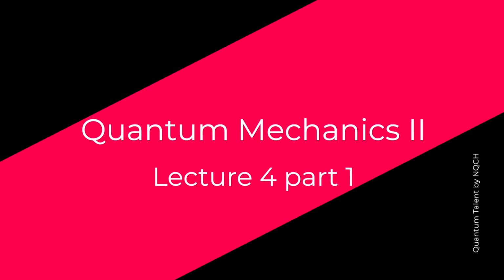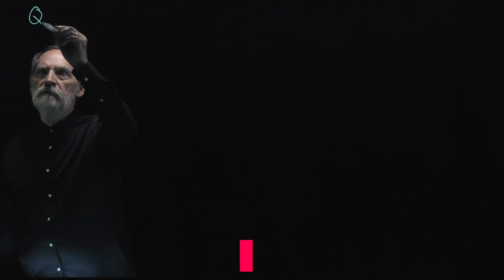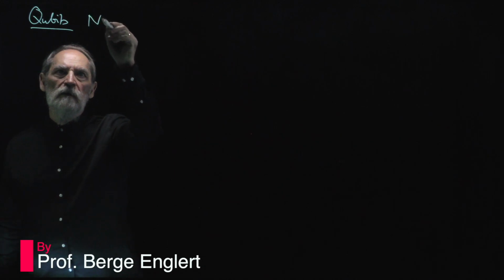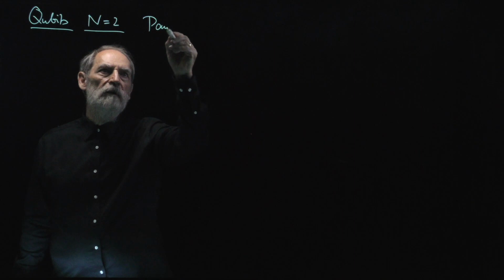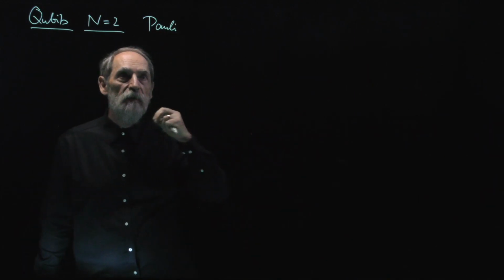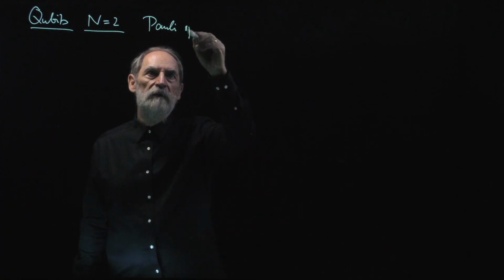Welcome back. After learning about general state operators in the previous lecture, we now explore the state space of qubits. So let's talk about qubits. So here we have a two-dimensional space, and in the earlier lectures where we talked about the polarization qubit of photons, we met the Pauli operators